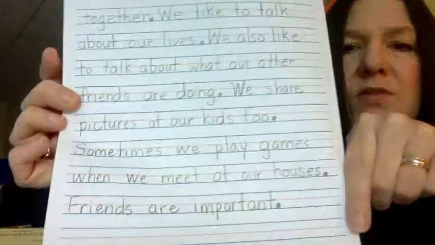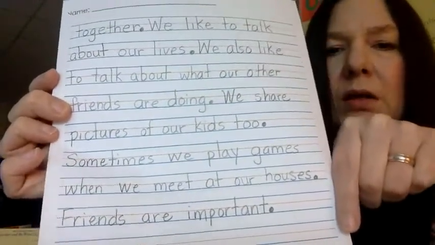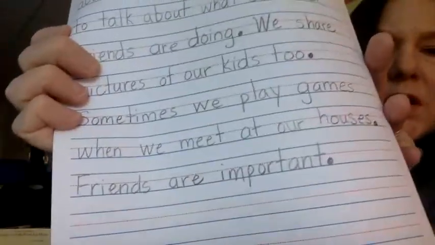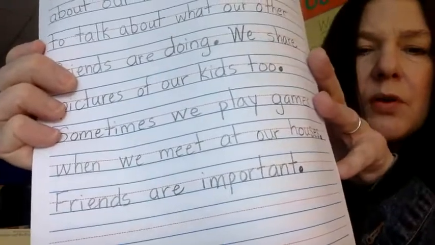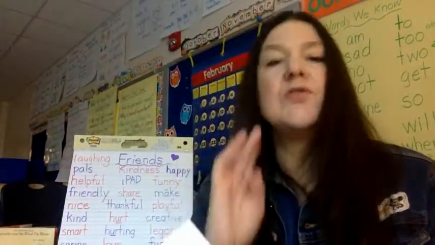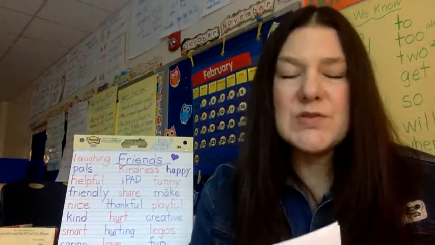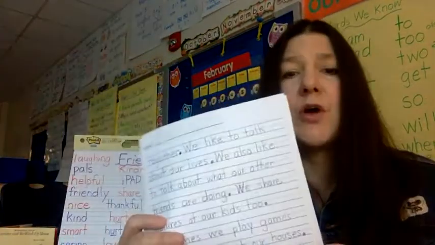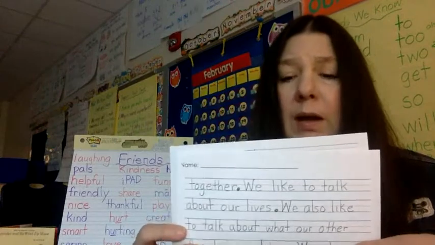Now, that sentence, you can see it stops at the very end. Then I'm going to give a closing sentence. Friends are important. You kind of want to give a sentence that sums up your story. Some closing sentences you could use are I love my friends. Friends are important. Friends are great. I have wonderful friends. Or if you wrote about just one friend, I love my friend, and you name the friend. So you can add that closing sentence to kind of bring your story to an end.